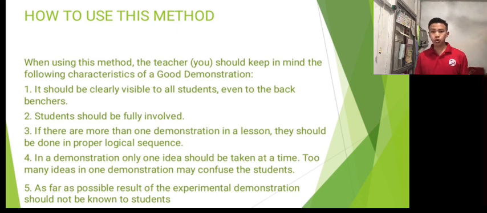So you have to ensure na yung experiment mo na yon ay nakikita ng lahat ng mga bata. So kung yung material mo is medyo sa tingin mo hindi kayang makita ng mga nasa likod, maybe you could think of ways para makita nila lahat. So pwede kayong mag-circle niyan. So you have to ensure na makikita nila yan. Kasi kung hindi makikita ng isa, what's the sense of this approach kung hindi naman makakapagbigay ng conclusion or hypothesis yung iba kasi hindi nila nakikita.